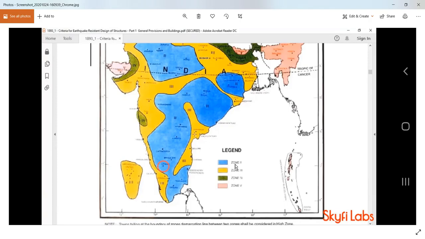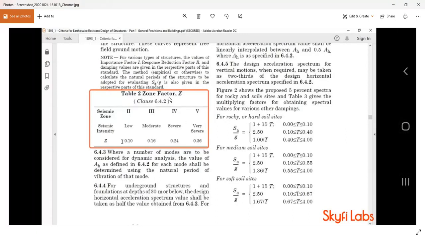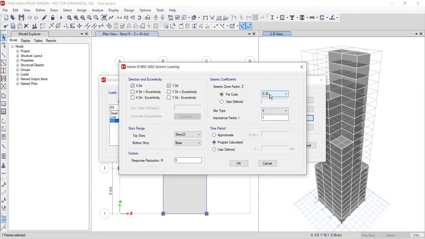So we will select zone 2, and for zone 2 we have the seismic zone factor. In table 2 of IS 1893 we get that the seismic zone factor for zone 2 is 0.1. So we will select this 0.1, and then the site type, and for the site type again we will go to the